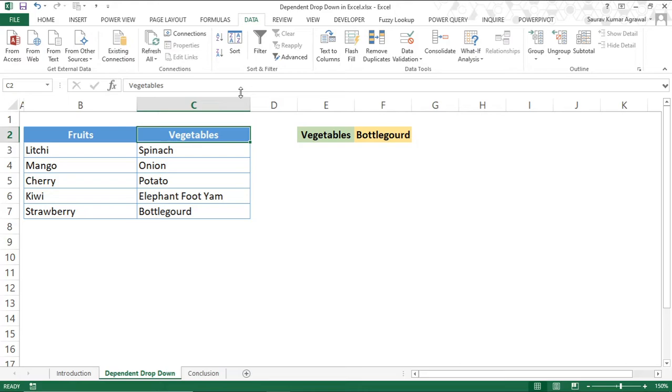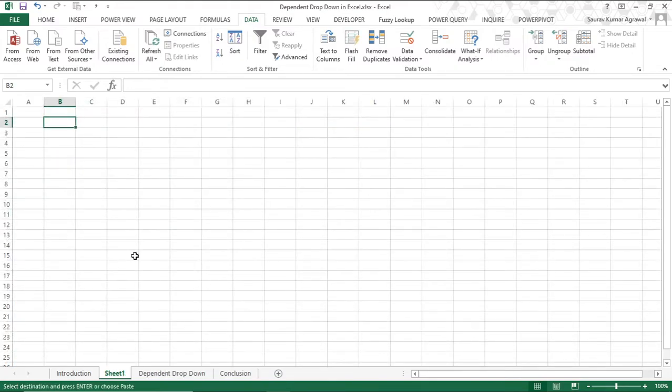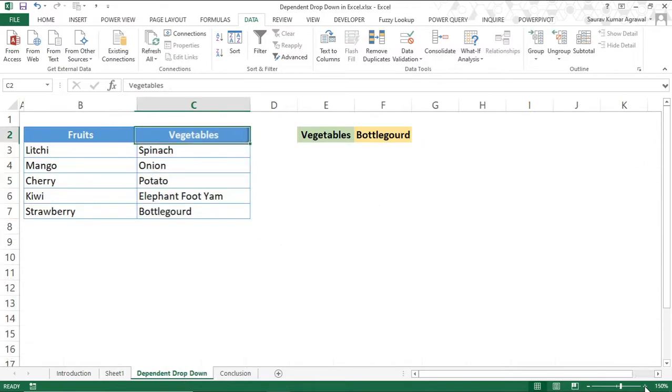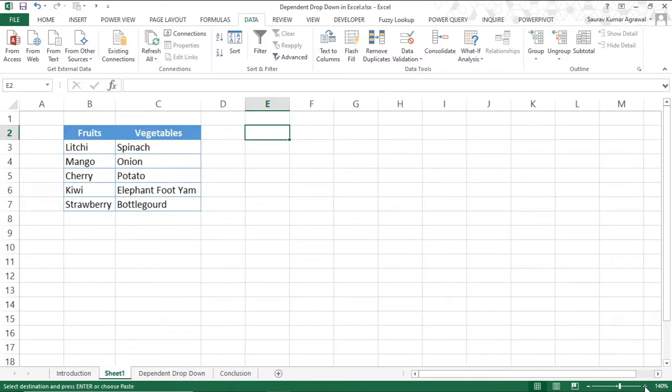So now guys, let us recreate the magic. So what I'm going to do is I'm just going to copy this range and I'm going to create a new workbook and copy this. Let me just increase the font size for you to have a better visibility, and I want the contents over here, so just let me put the formatting over here. Now that's all. After that, what we are going to do is we are going to name the ranges.